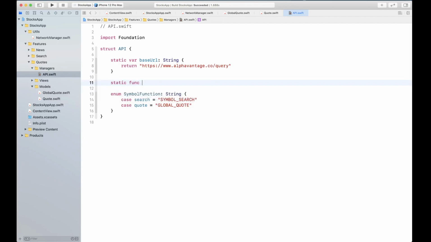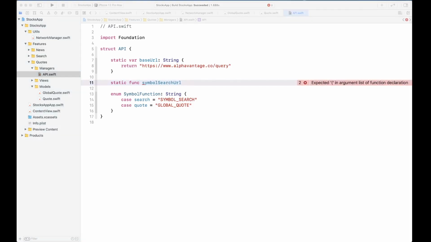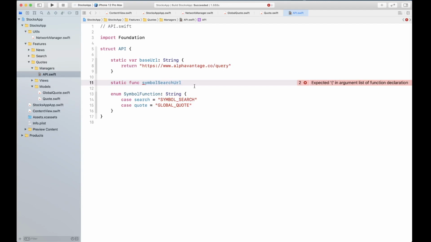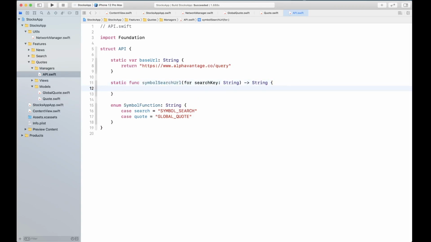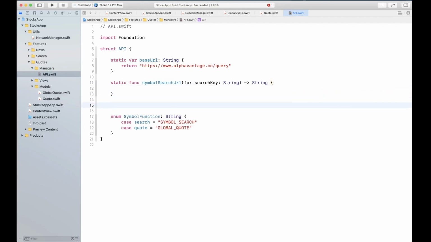So static func symbol search URL, and symbol search URL is going to be for search key of type string, and this is going to return a string. Okay, so we can construct the URL right here, or what we can do is we can create a private function that's actually going to give us this based on the enum.